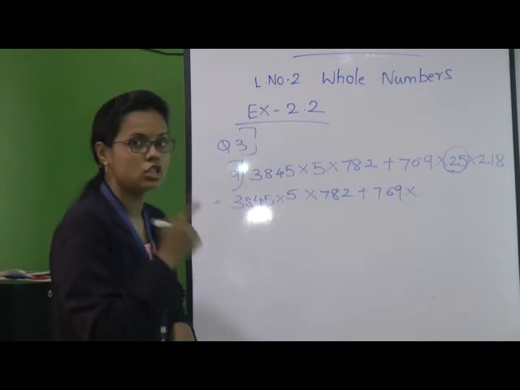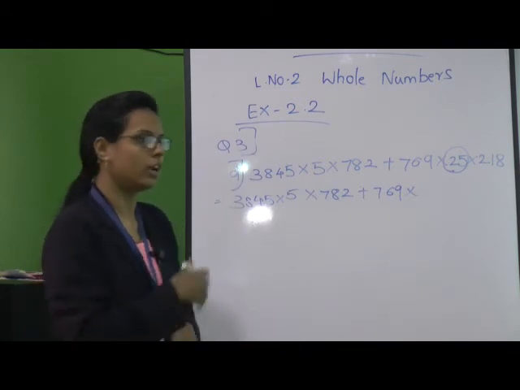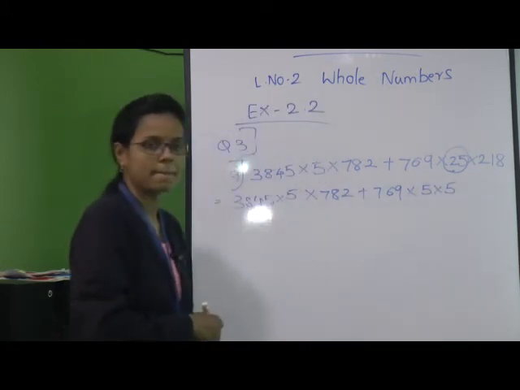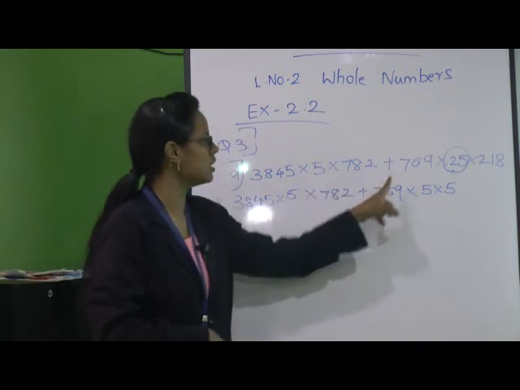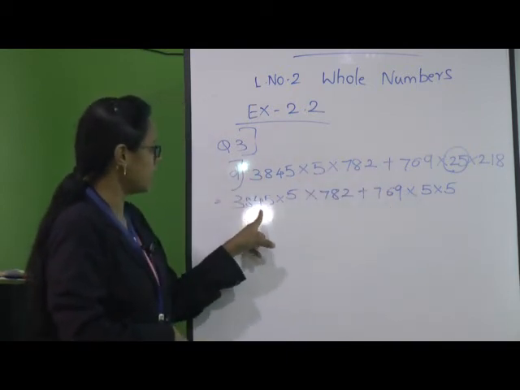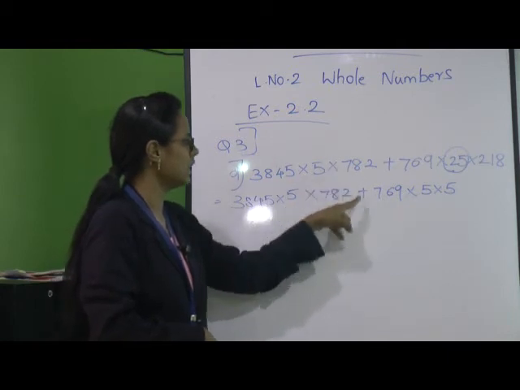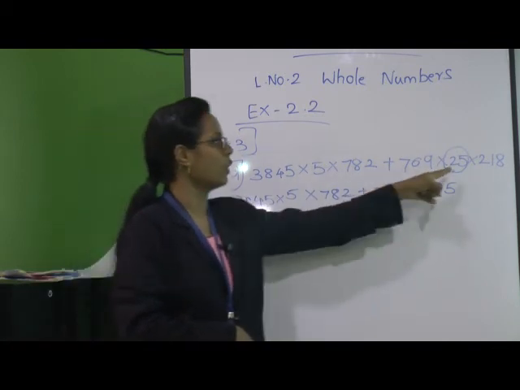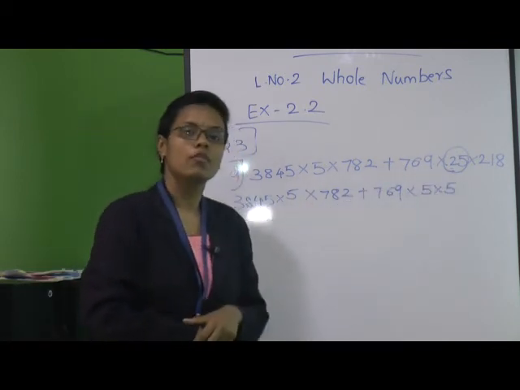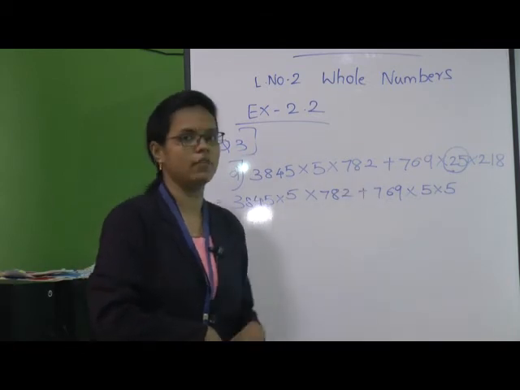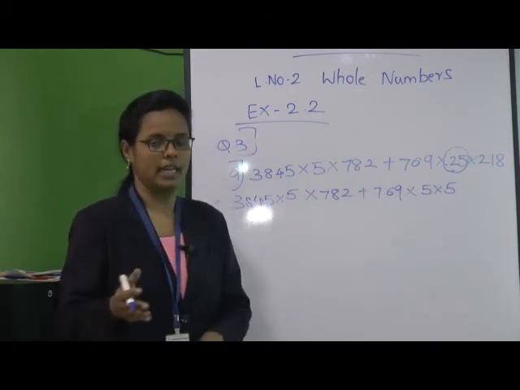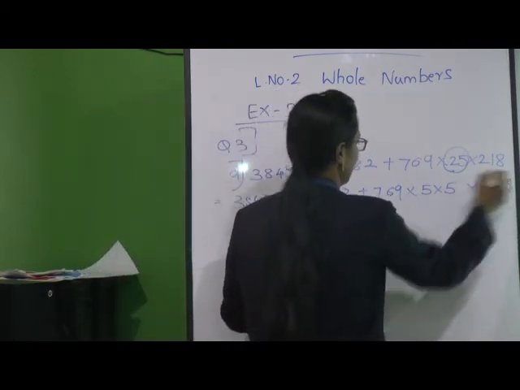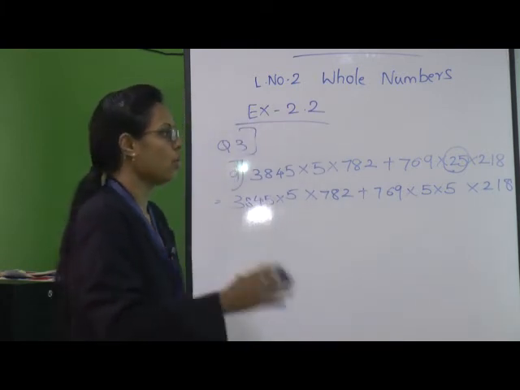See students, this 25 now we are going to take in a different way, that is 5 into 5. We have taken everything as it is till 769. 3,845 into 5 into 782 plus 769, till here we have taken as it is. But for 25 now we are going to take 5 into 5, which is nothing but 25. Just we are distributing it. So and remaining 218. Now here